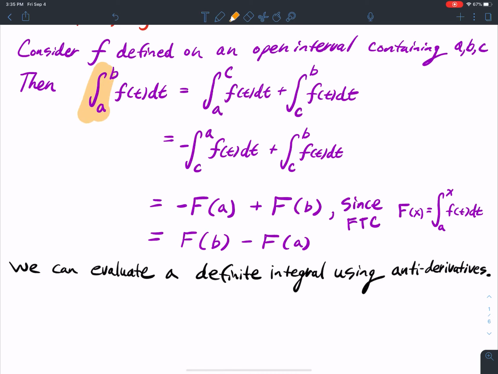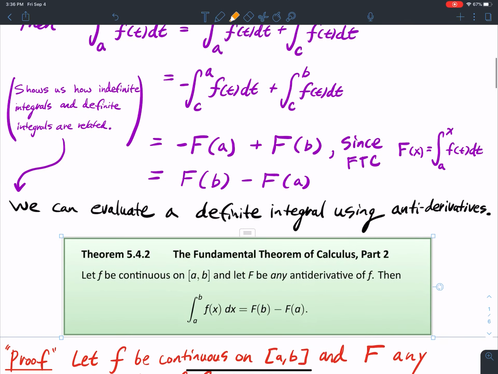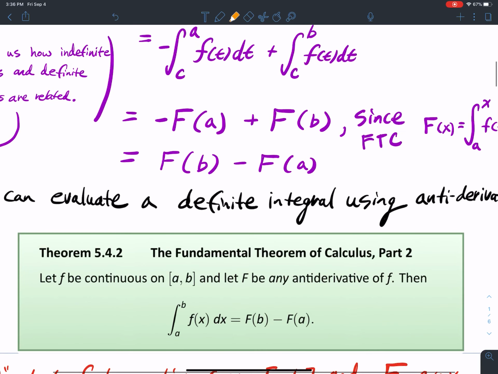So what am I saying here? The definite integral from a to b of f of t dt is equal to the antiderivative evaluated at b, the upper limit, minus the antiderivative evaluated at a, the lower limit. Very powerful here. So this shows how the indefinite integral, the antiderivative, and the definite integral are related to each other. Okay? And this, my friends, is the second part of the fundamental theorem of calculus, which says that